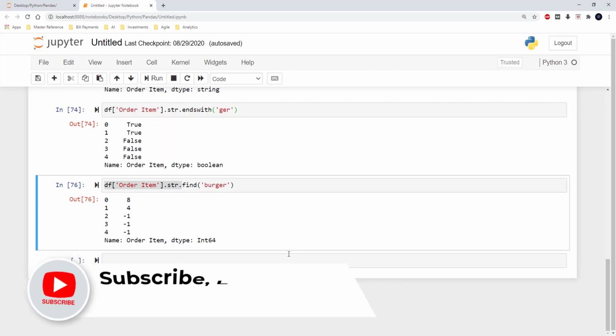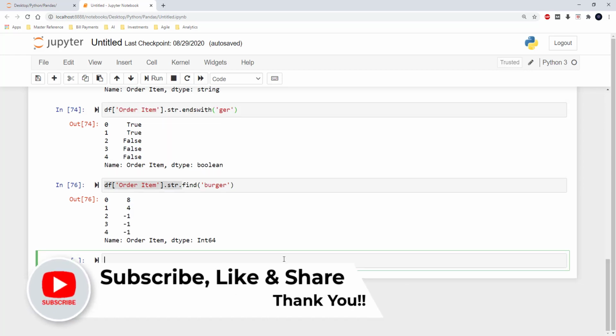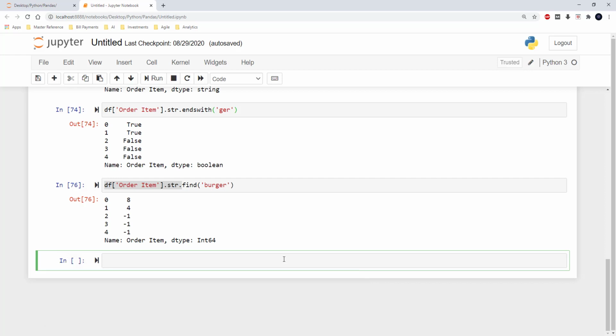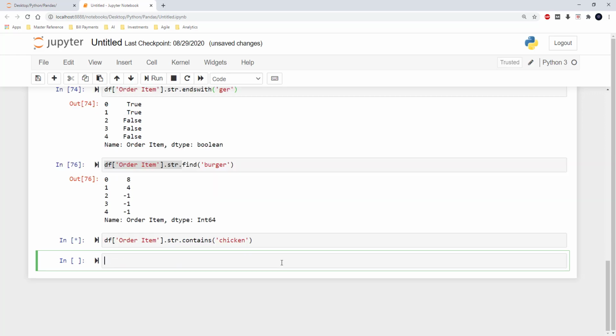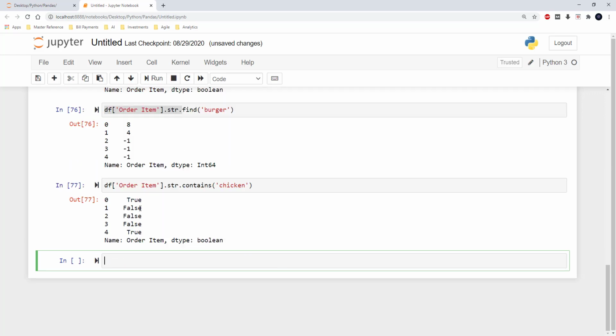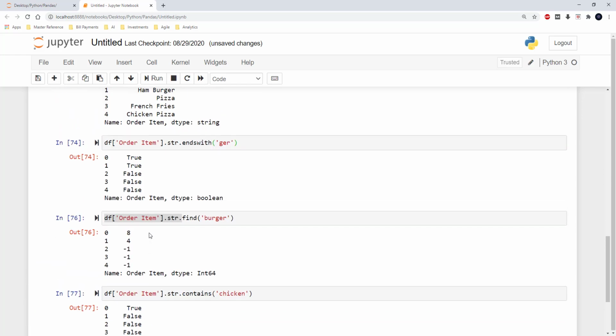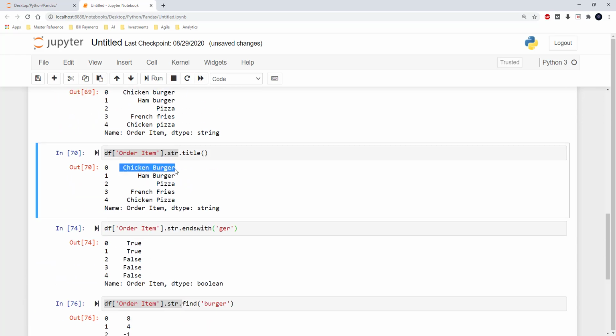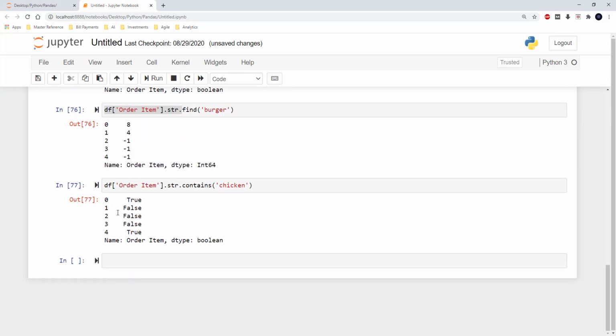I can also validate to check if the column values contain any specific values within them. So I am using the same order item column, and then I am just going to use the contains method, and I am going to check for chicken again. And when I run this piece of code, I can see true, false, false, false, true, which means that the value in 0 index has chicken in it, so the output is true here.